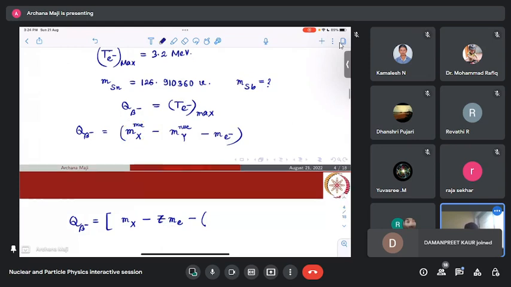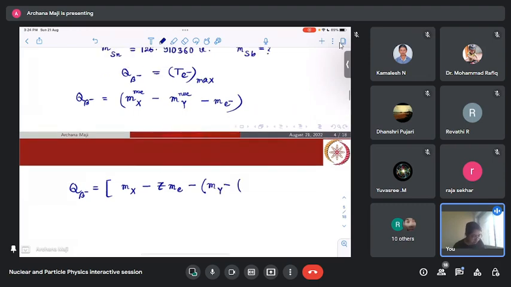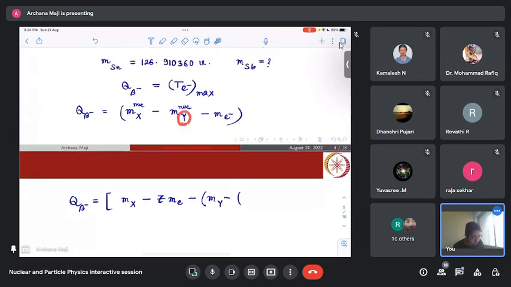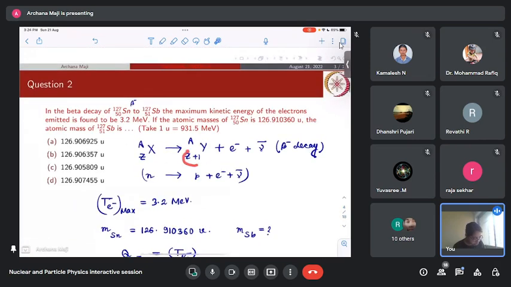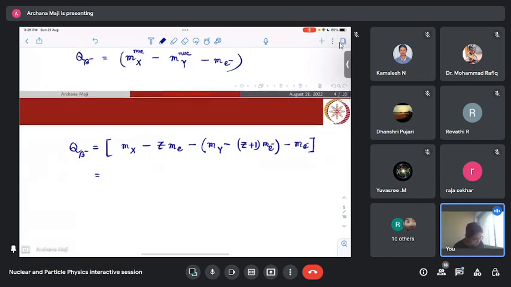Likewise, we convert it to atomic mass as M_Y minus, but the atom Y will have Z plus 1 electrons in it, so we need to subtract Z plus 1 electrons' mass, right? So the Q value of beta minus decay becomes,